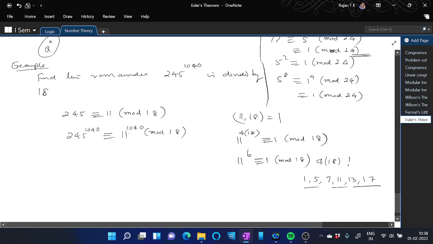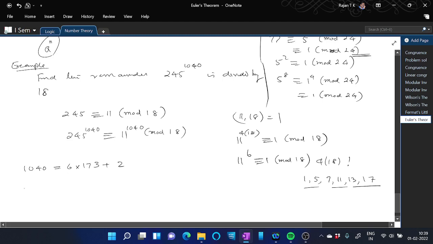Now we want to reduce this 11 raised to 1040 mod 18. We have 11 raised to 6 is congruent to 1 mod 18. So try to write 1040 in terms of 6 by using the division algorithm. We have 1040, you can write as 6 into 173 plus 2,